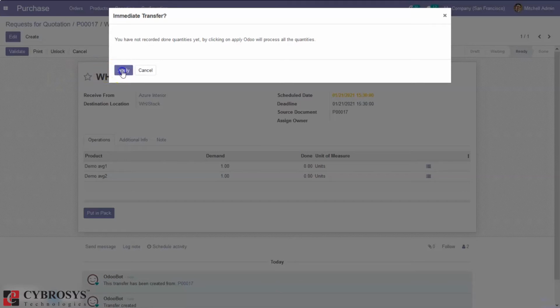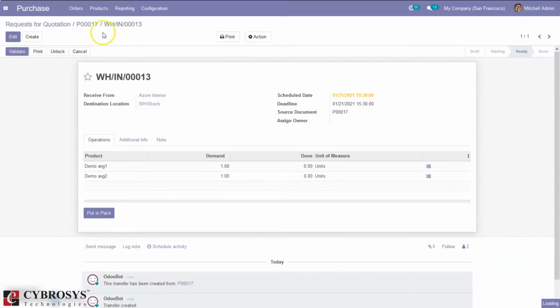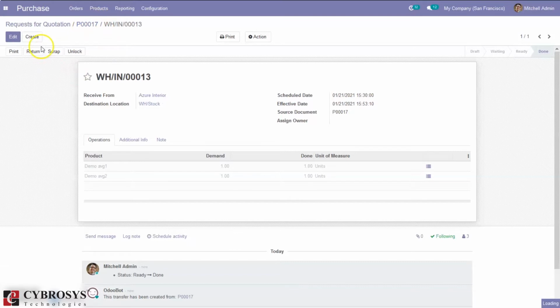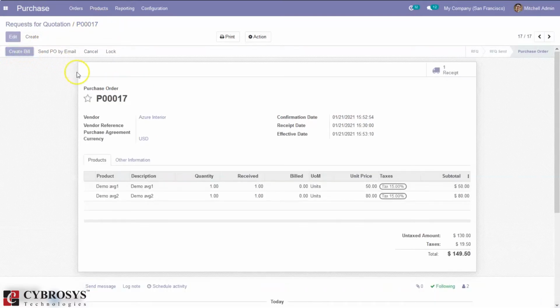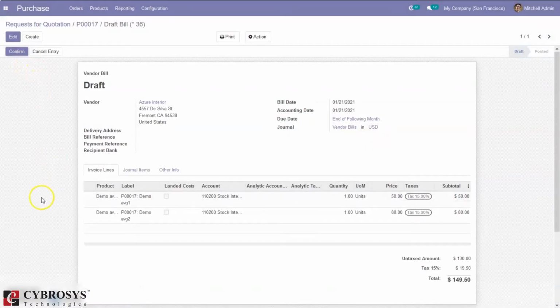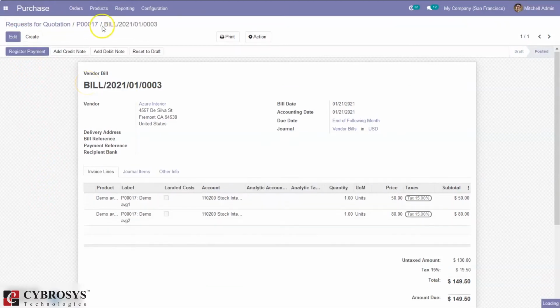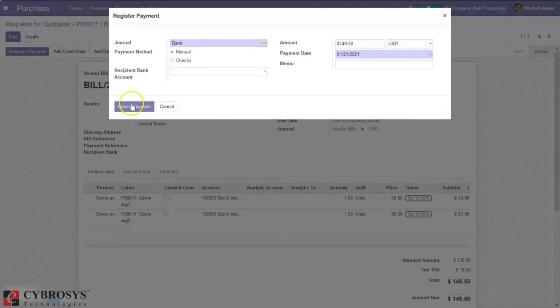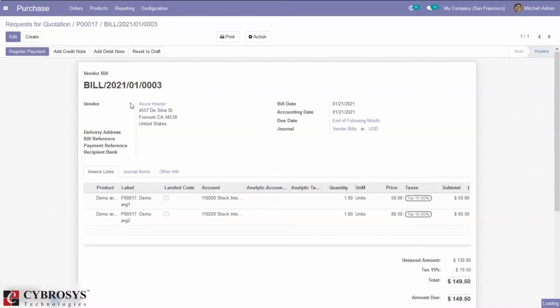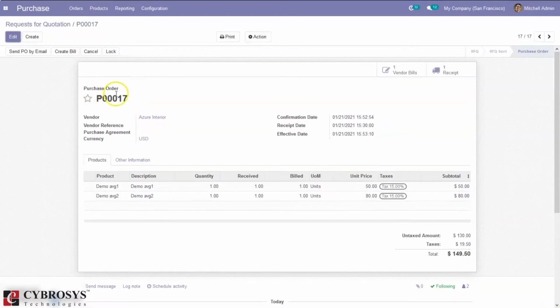After validating the transfer, let me create a bill for this purchase order, and register the payment if you want. Okay, so you can see the bill is created, and here we have our receipt.